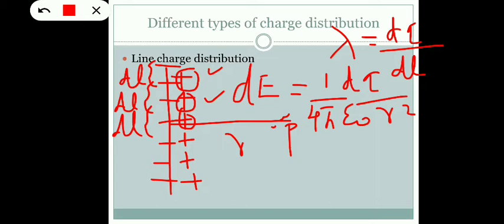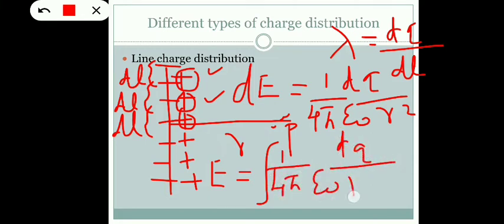Then what will be the total electric field produced at the point P due to the whole wire? Or what will be the contributions of all the segments at the point P? To find out the total electric field, what is the usual way? Yes, integrate this expression. So integrate 1 by 4 pi epsilon naught into dq by r square. And you need to rewrite dq in terms of lambda, because we need to integrate it along the length of the wire. So we need an expression containing length or dl.